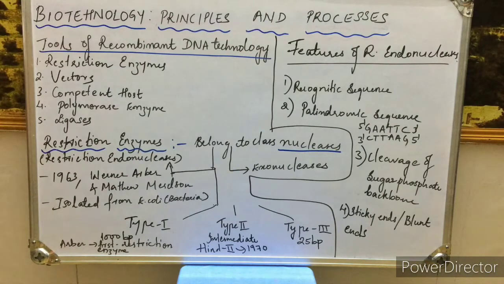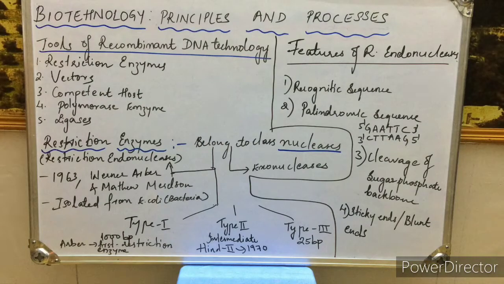Another enzyme is the restriction endonuclease. They found in the bacteria that the bacteria was producing this restriction endonuclease as a part of its defense mechanism, in order to destroy the foreign bodies entering into the bacteria.